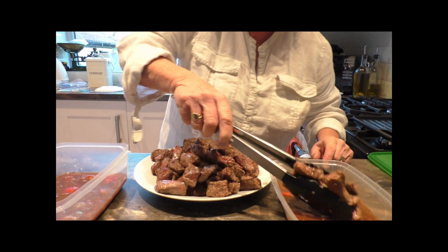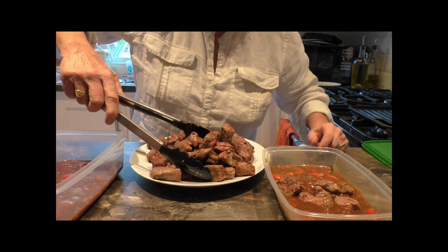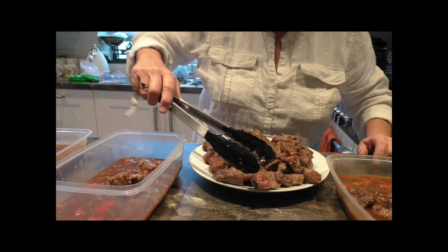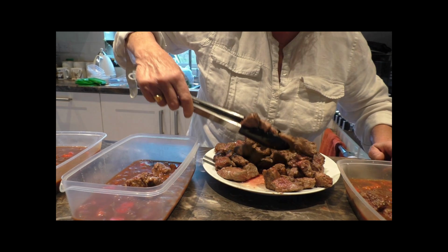What I need to do now is divide this steak into each container. So I'll try and get it as good as I can, but I'm not measuring it, I'm not weighing it. Just do it by the eye. The next day,